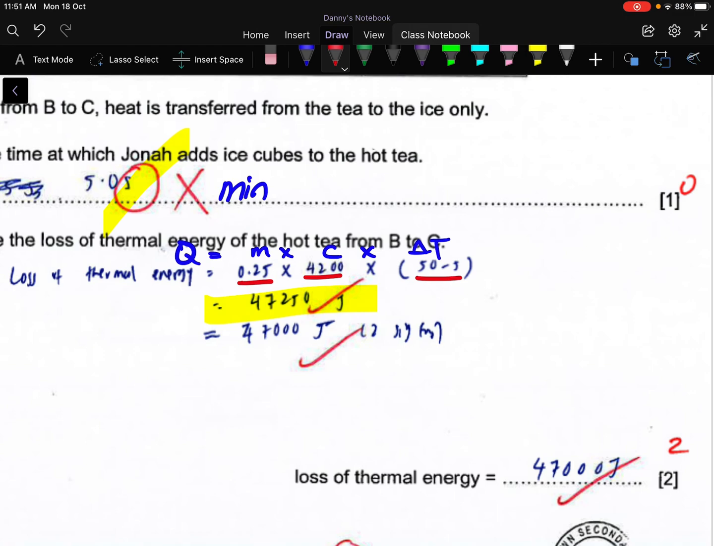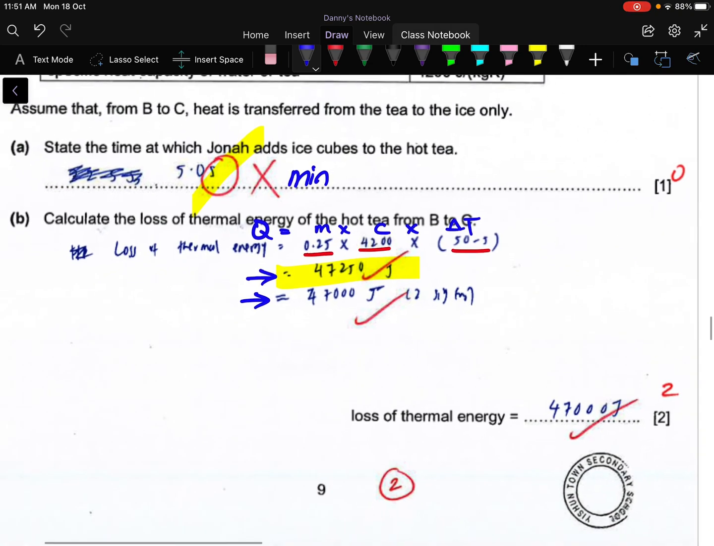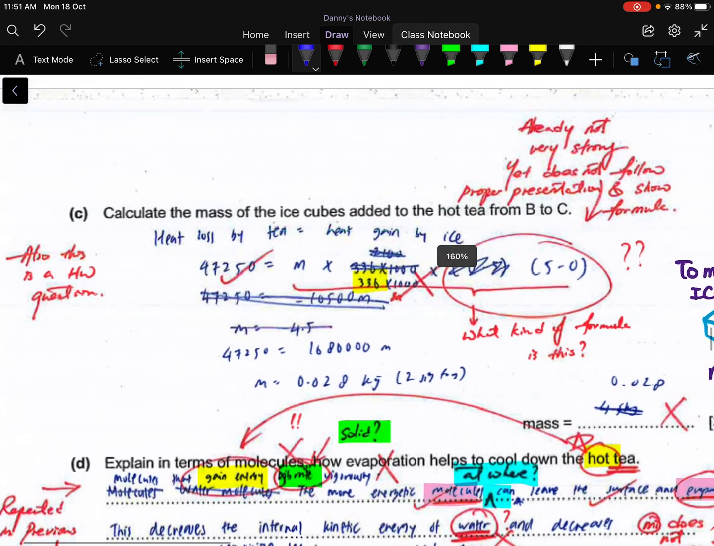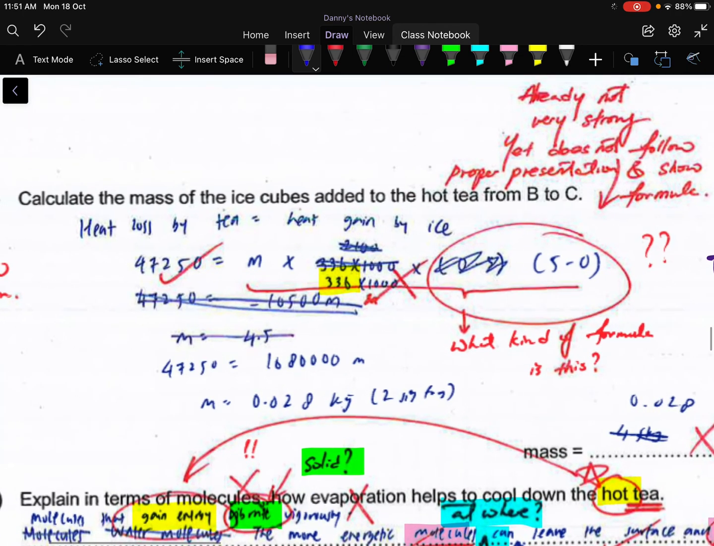Okay, but what I like about her is that she follows what I teach her. She wrote down the full value and then rounded it to 2SF. So for this, she did a great job. Okay, for part C, again, I do not like what I see